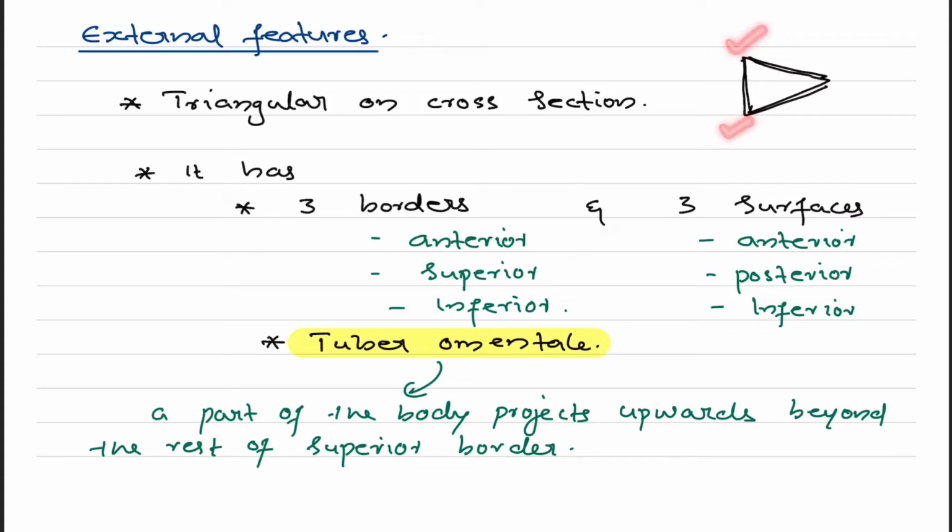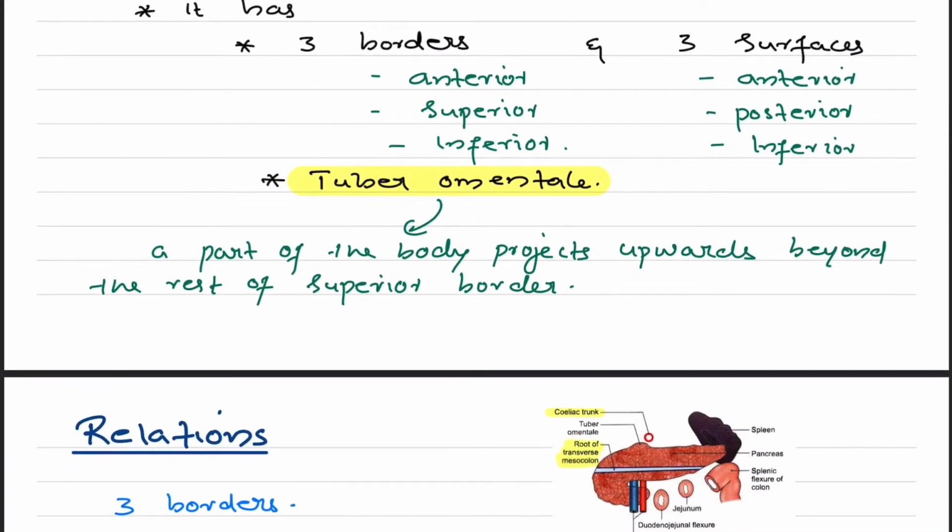So we have three borders: anterior, superior and inferior, and we have three surfaces. This is the anterior surface, this is the posterior surface, this is the inferior surface. Okay, clear? Three borders: anterior, superior, inferior. Three surfaces: anterior, inferior and posterior. Okay, next